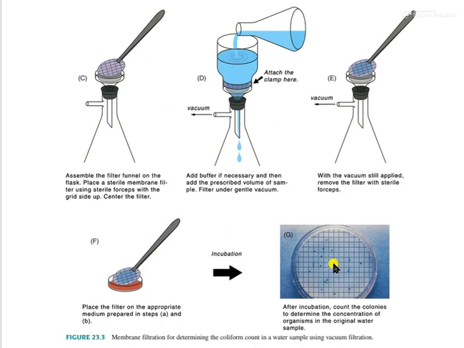Just remember here the tube is connected to a vacuum, so the water comes out very fast and goes down when the vacuum pump is applied. Then you take this membrane filter and place it on the agar